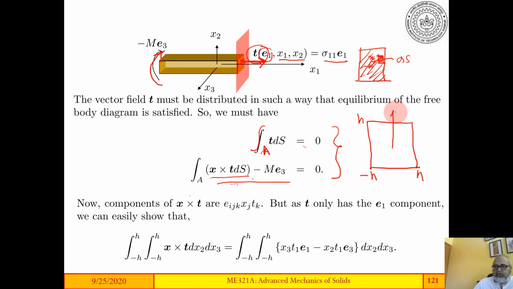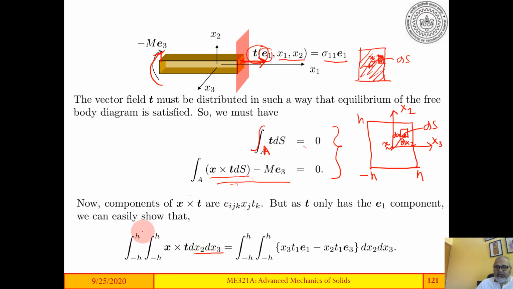This is your x2 axis, and this is your x3 axis. We have a small element here which we call ds, and ds can be taken to be dx2 dx3. So this is dx2, this is dx3. So x is the vector here, so x cross t dx2 dx3, I replace ds with dx2 dx3, integrated from